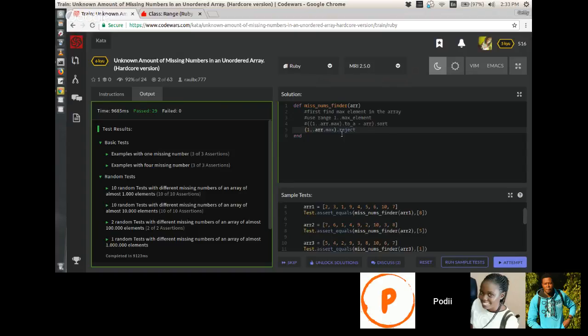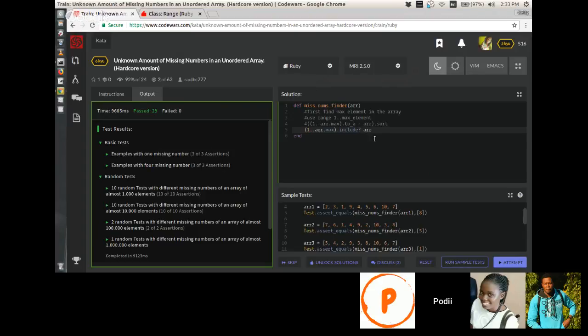So my idea was let's create this range. Then instead of doing reject, we ask include, but include array. Try it.